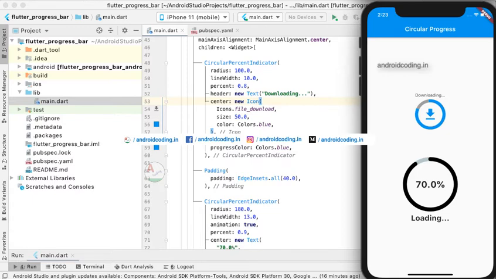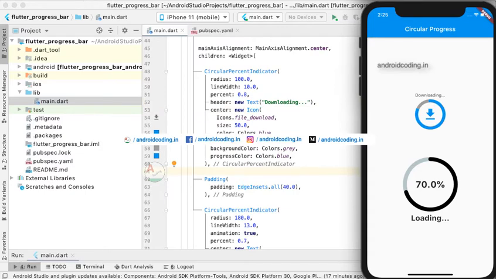So generally the circle appears bigger. And also for the first percent indicator, we have specified 0.8 so that 80% of the progress is completed, and the second one is 70% completed. And we have specified some text.